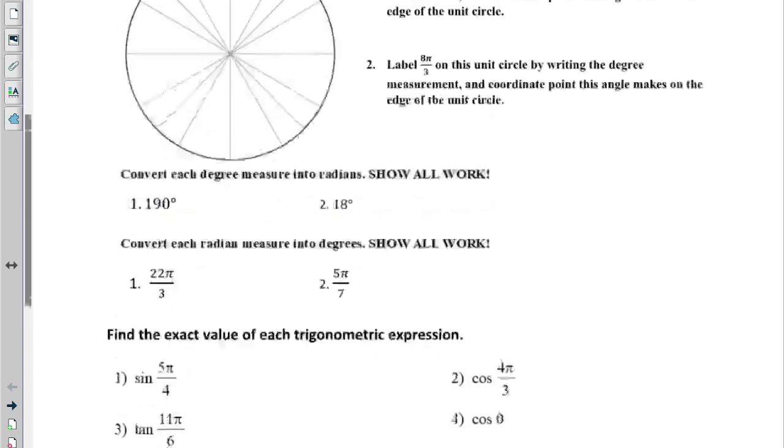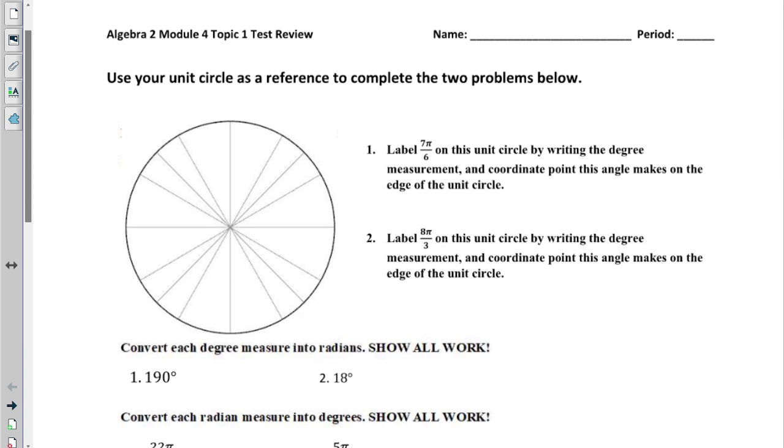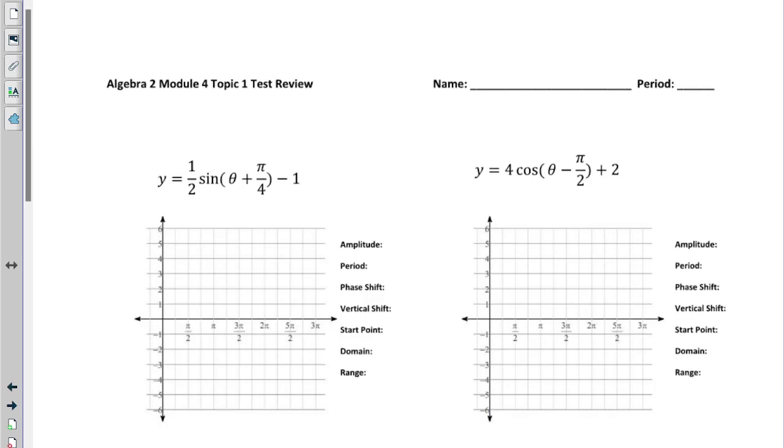I'll probably choose one or two problems to do on each page, and let you do the rest. This one's all about trig functions, graphing trig functions, the values of trig functions, and most importantly, the unit circle, which is really what everything is based around. On questions 1 and 2, they have us label some points on the unit circle by writing the degree measurement, the coordinate point, and the angle it makes on the edge of the unit circle in terms of radians. It says to use your unit circle as a reference, but in my class we did the unit circle in the book, and so on the very last page there's a